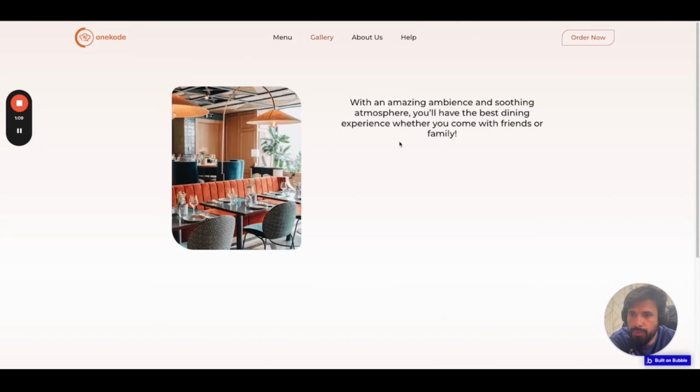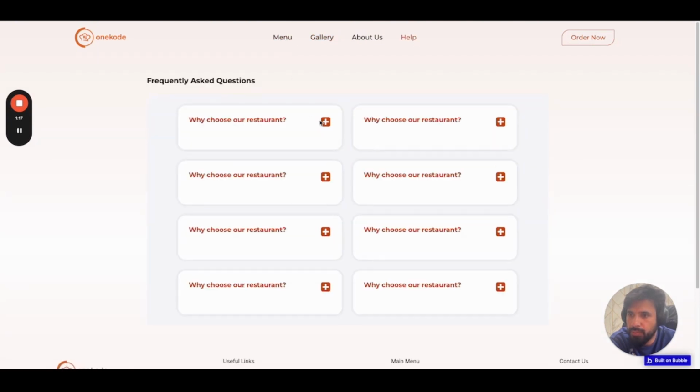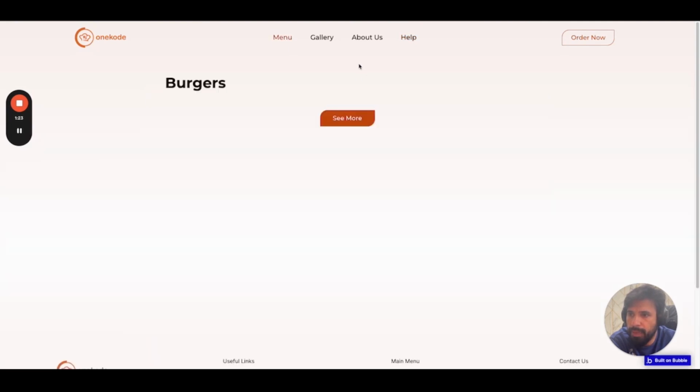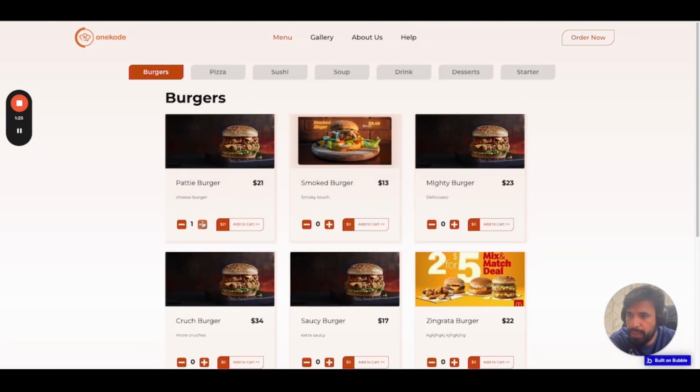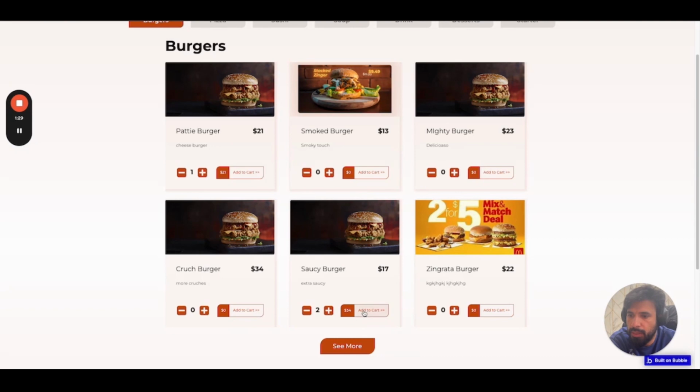If they are going to put something here, they can do that. Then there is about us, then there is help, which is basically the FAQ, frequently asked questions, which you can configure in the template. And then going back to the menu, let's say I try to order some burgers, and